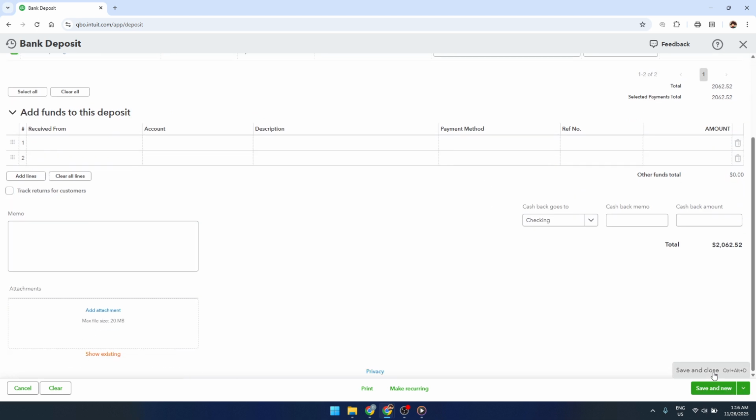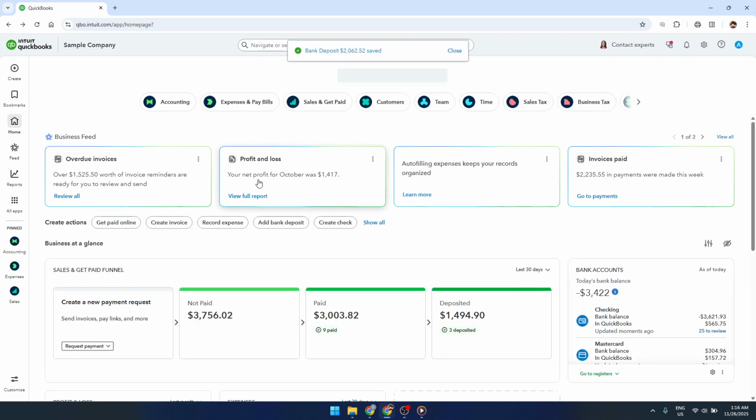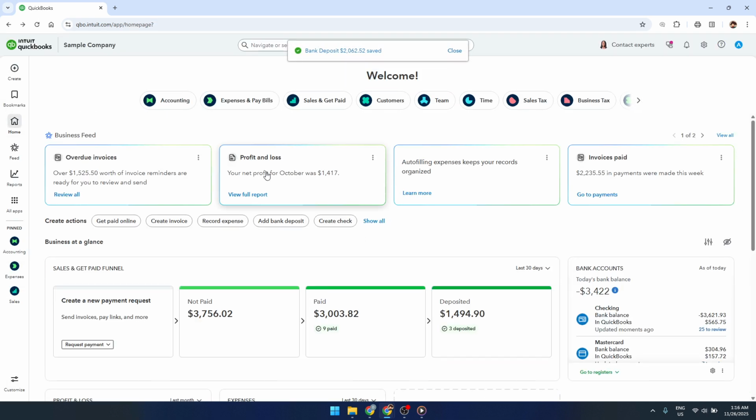This records the deposit, clears those payments out of undeposited funds, and moves them into the bank account you selected, keeping your books clean and aligned with your actual bank